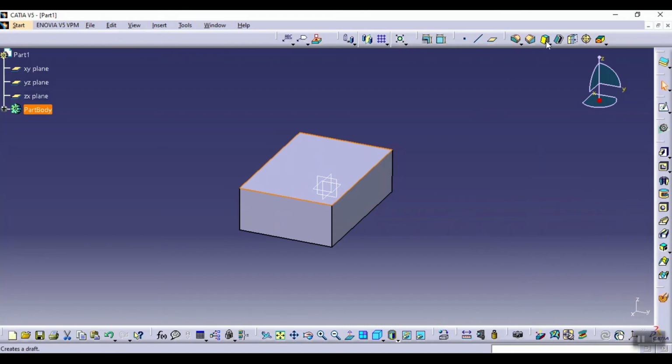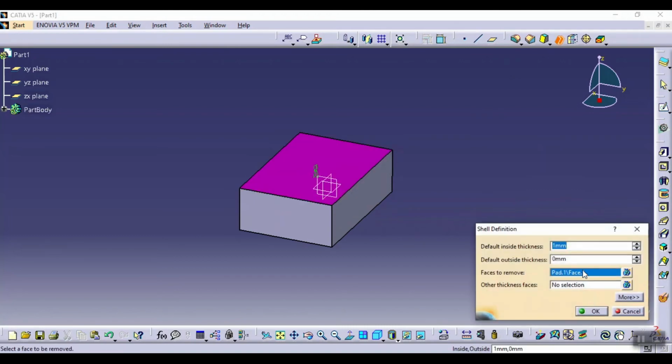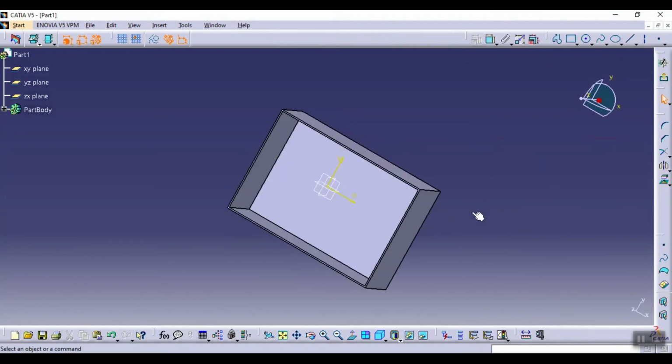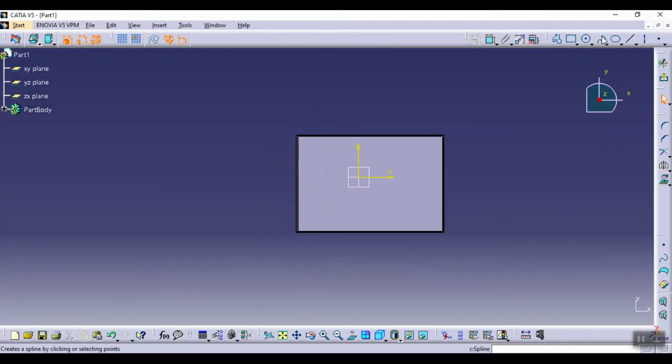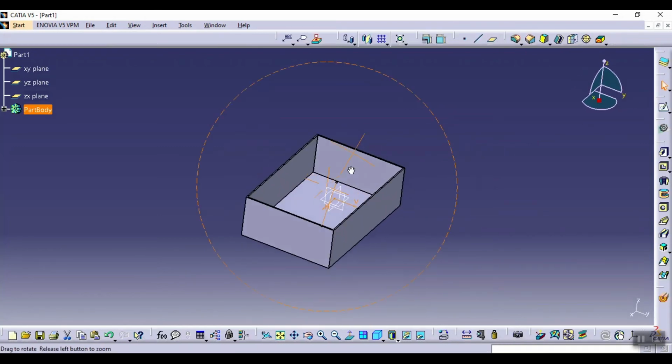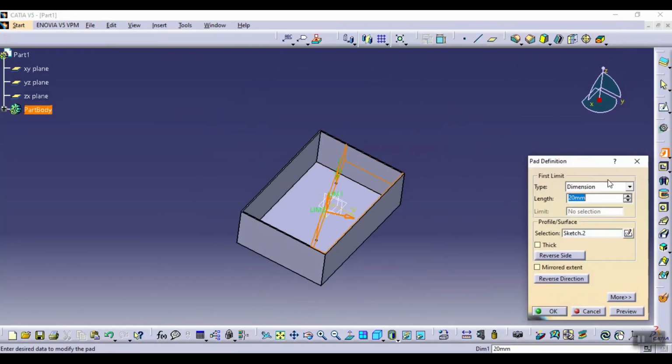Okay, so I'm using a shell command here, that is 1 mm. Okay, let's create the profile on this plane. Creating a single line here. Okay, so now I'm going to extrude it.